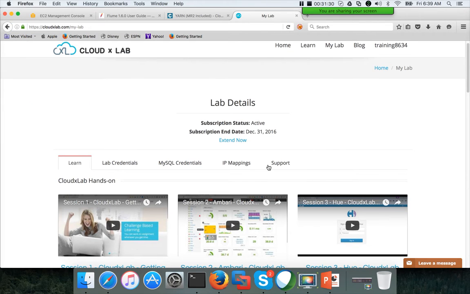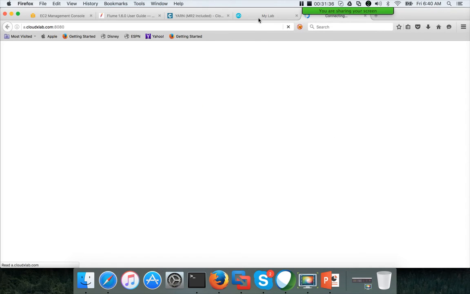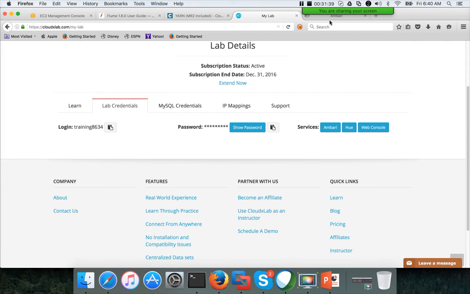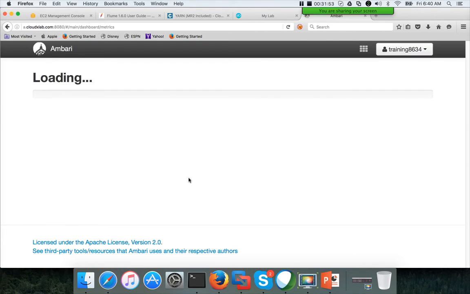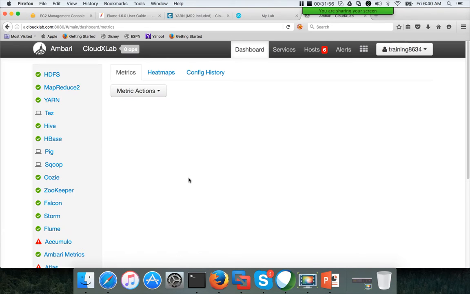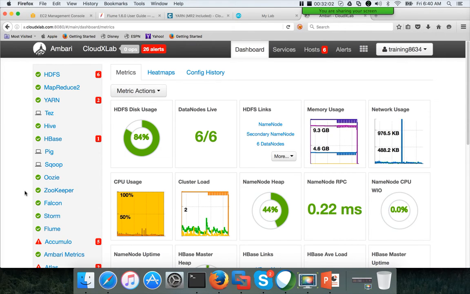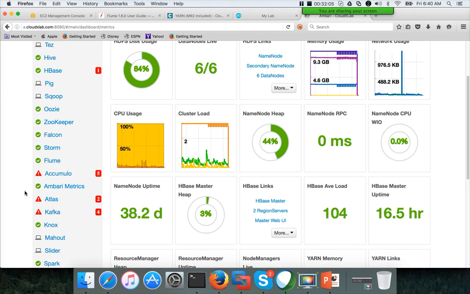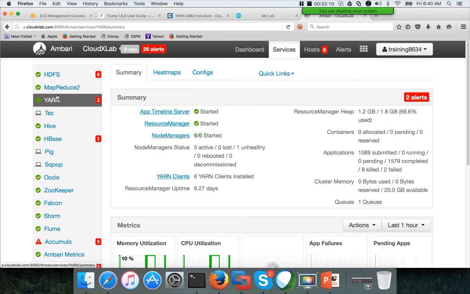So when it comes to Ambari, here you can actually click on yarn, and you can see that there are two sections in Ambari.